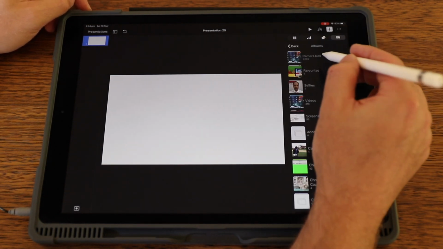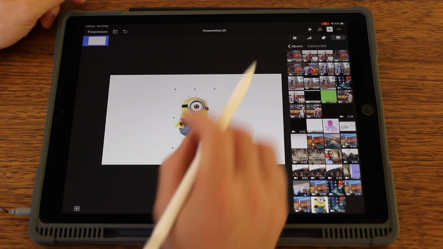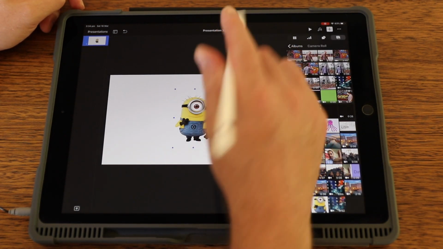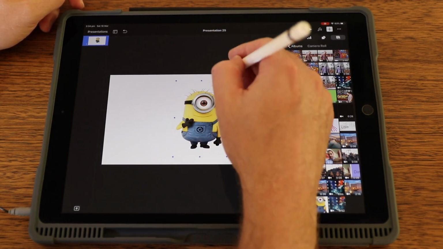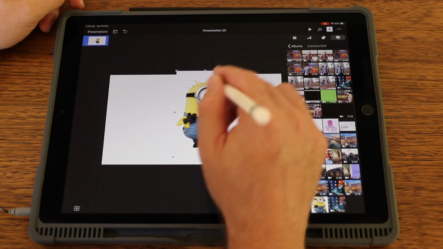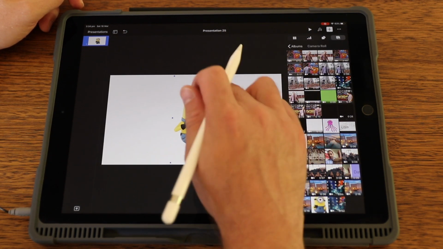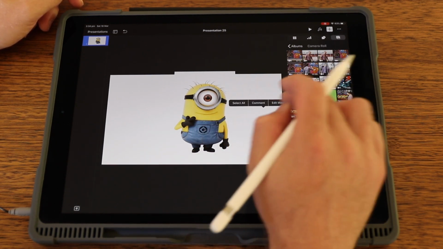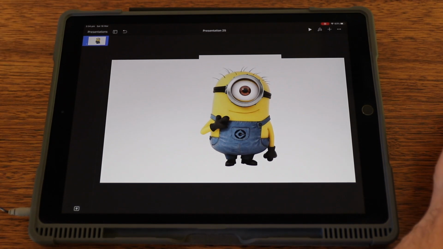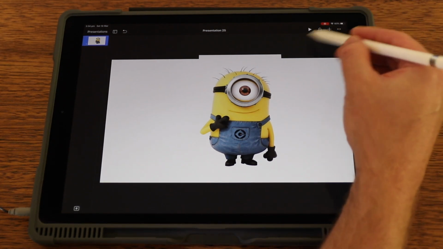I'm going to trace something. I'm not the world's best drawer, so I'm just going to trace around this minion. I think my boys will like watching this one, so I'll just make that just a fraction bigger and go with something like that. All right, so now that you've got your image that you want to trace around, you can click on